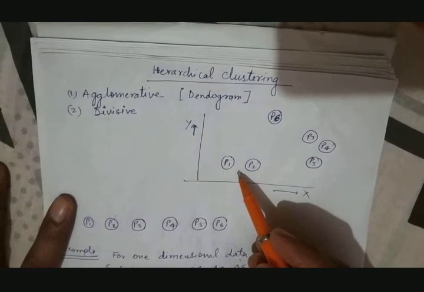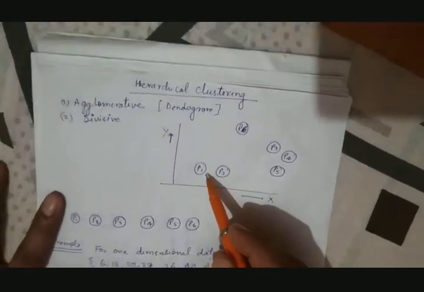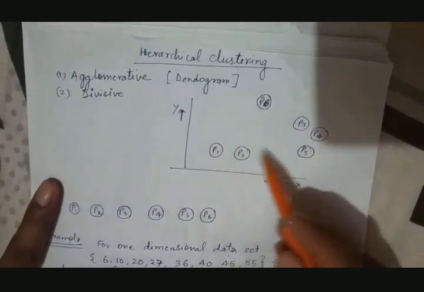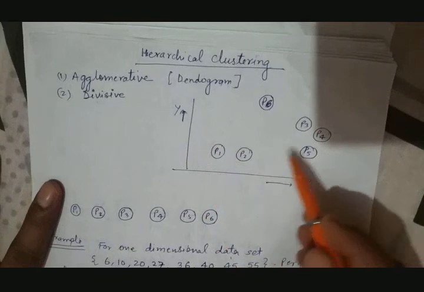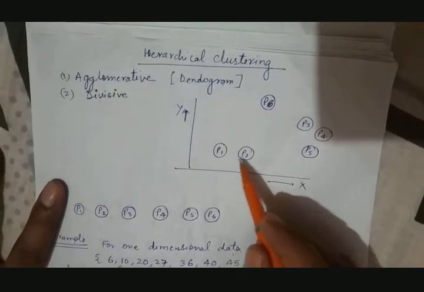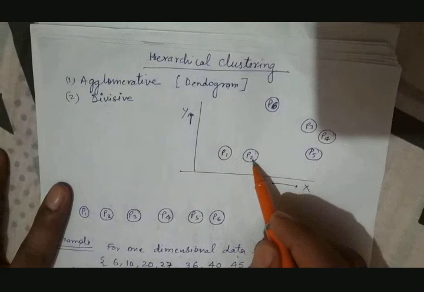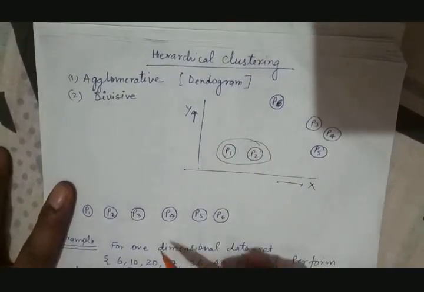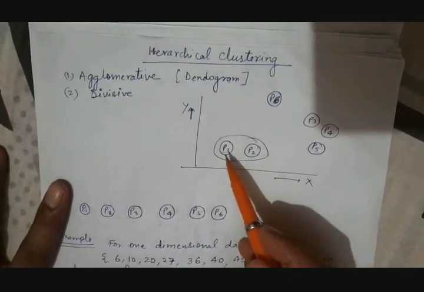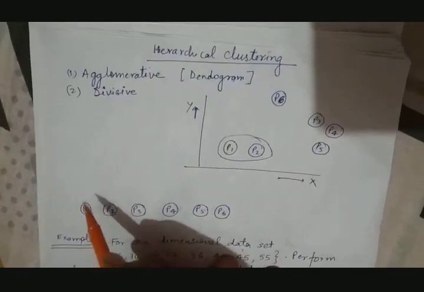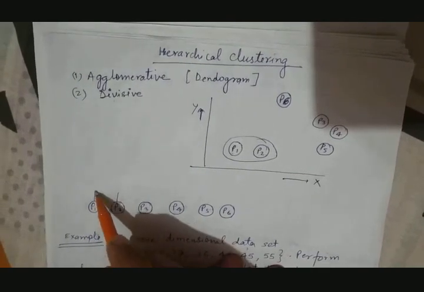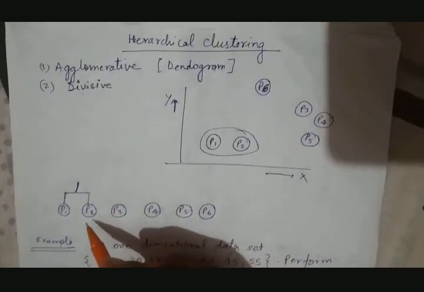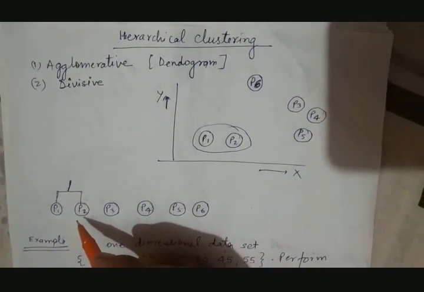We start from the agglomerative clustering. So each individual data point will be treated as a single cluster here. Now we have to start combining these clusters. Just see here, both these clusters are very near to each other, so they can be grouped into a single cluster. So now we are forming a cluster by combining these two clusters, P1 and P2. Just see here, P1 and P2 are being combined, and what we get here, P1 comma P2, is a cluster.